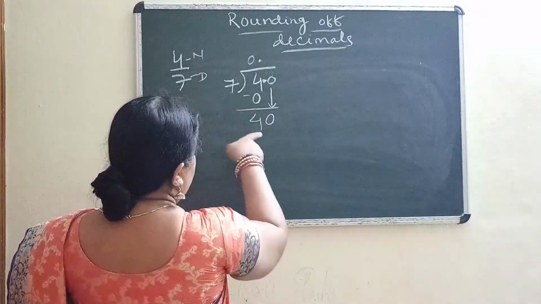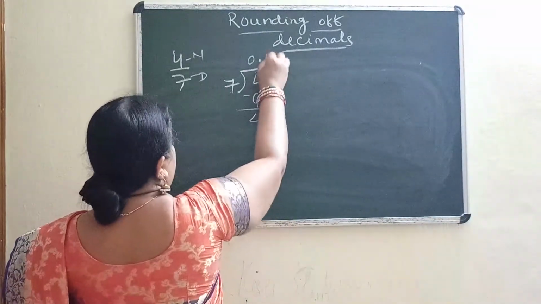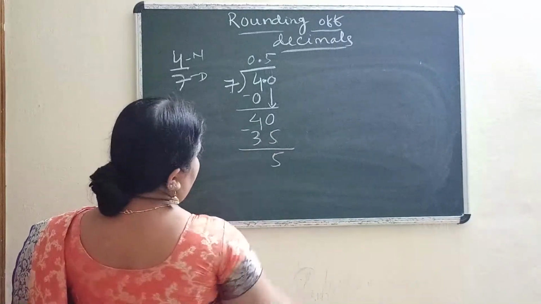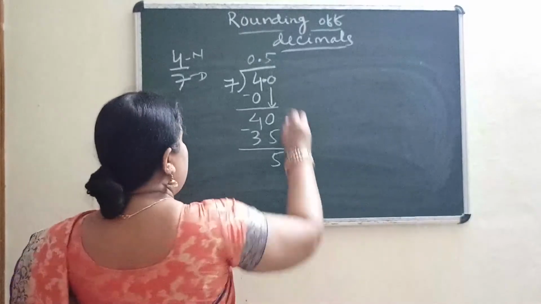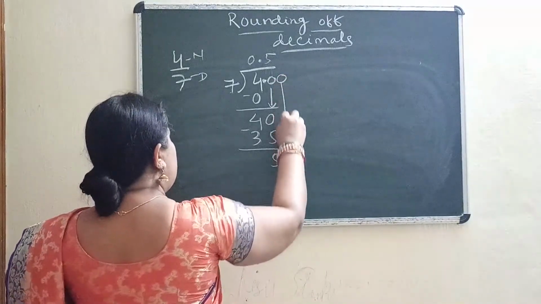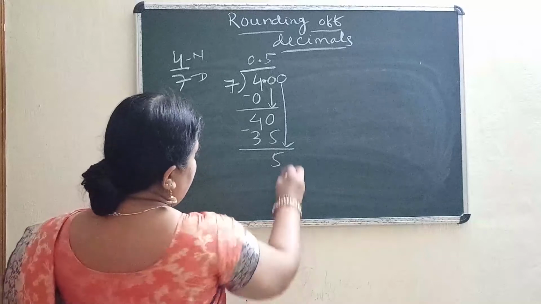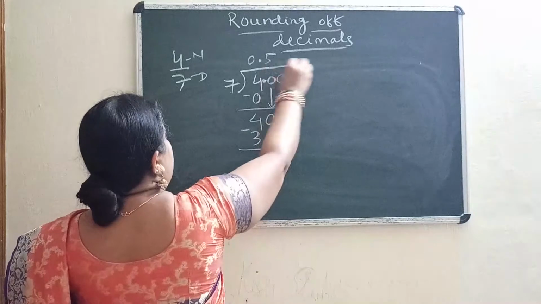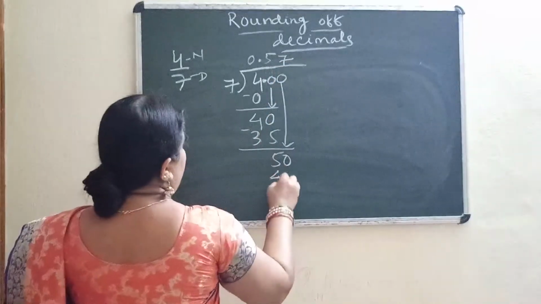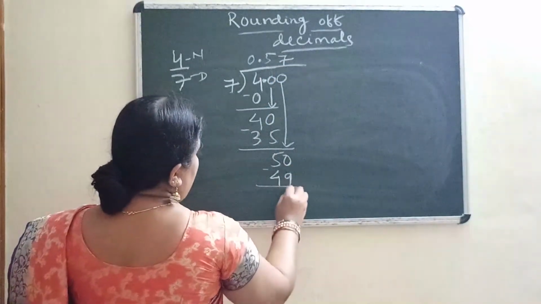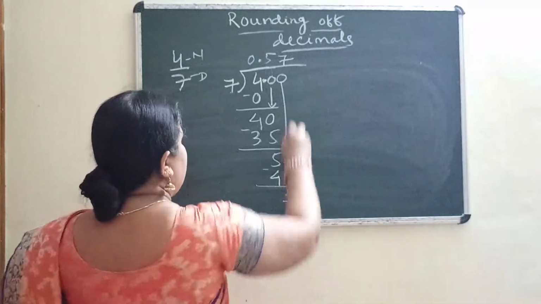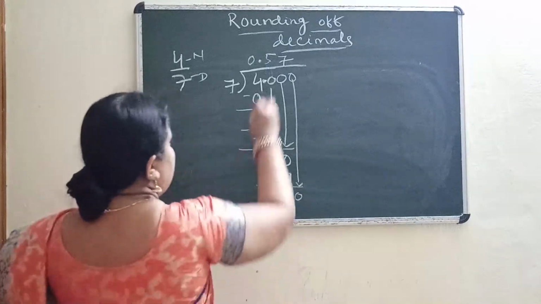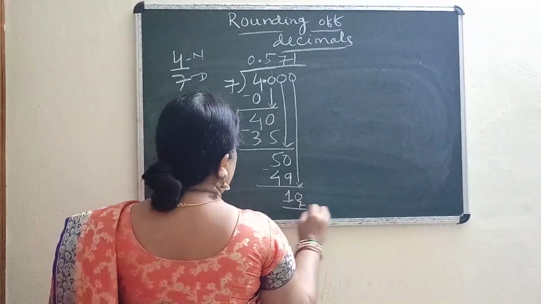Okay. So start dividing. 7 5s are 35. And children, how much is left? 5. Again, this is not over. Our requirement is one more 0, so we can add one more 0. Then this will become the next place. Next step, 50. Then 7 7s are 49. Then subtract it. 1 is left. Again, one more 0 you can add here. Then it's coming 10, then 7 ones are 7.